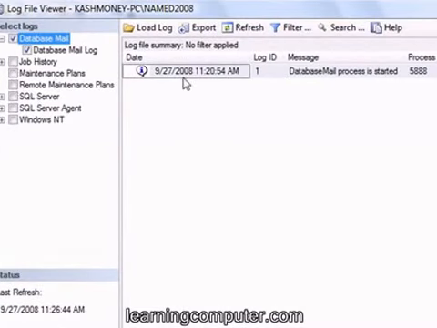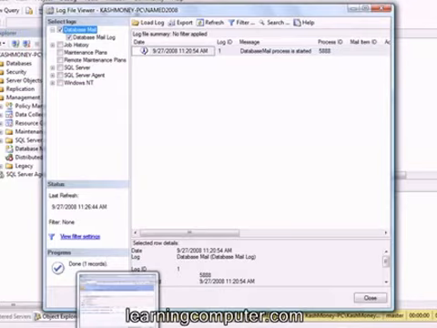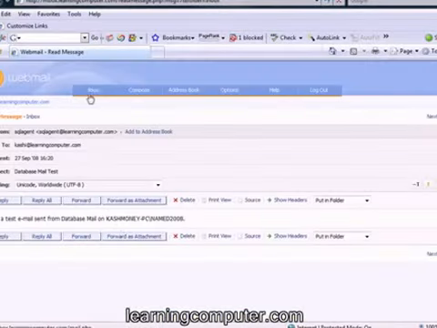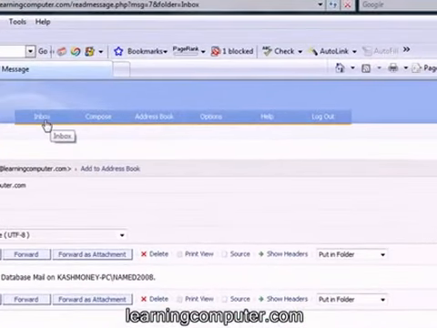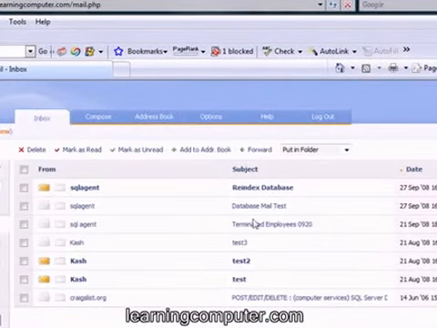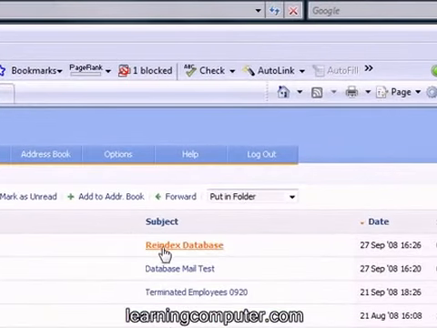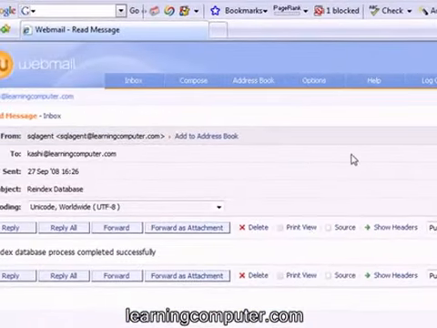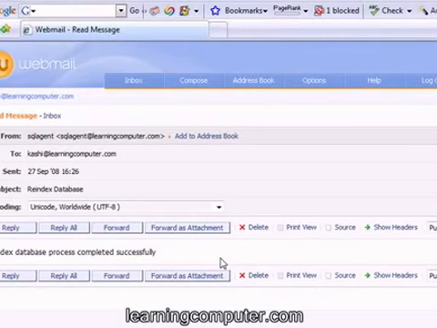Oh, that just showed us the mail process started. Let me go back to my email account, and I'm still logged into the same place. There you go. I just received this email, and it says the reindex database process was completed successfully. That is the nice thing about using database mail, is that you can incorporate this into your